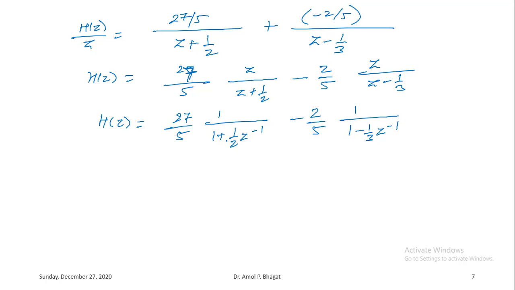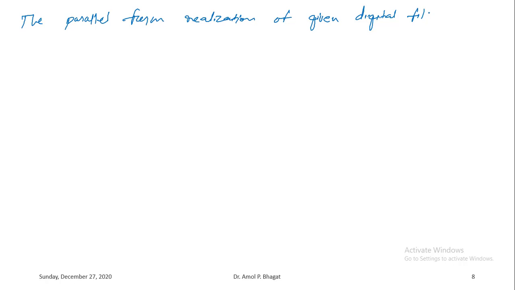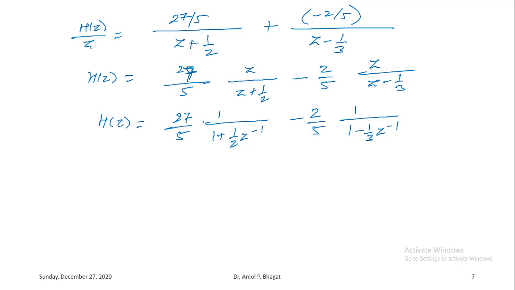Okay, so I'll just draw that realization in the next slide. So the parallel form realization of the given digital filter is shown in the following figure. So before drawing that parallel realization, I will just rewrite the transfer function that we have obtained after